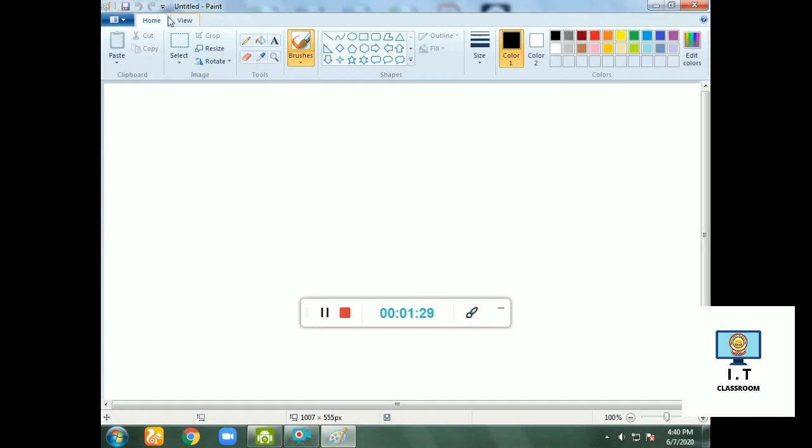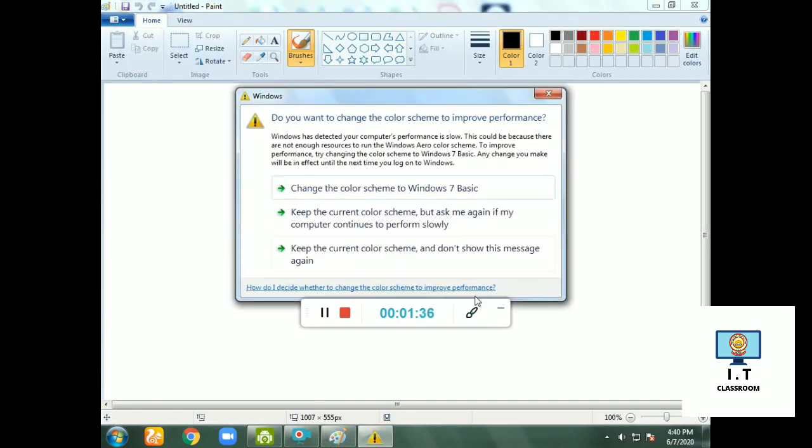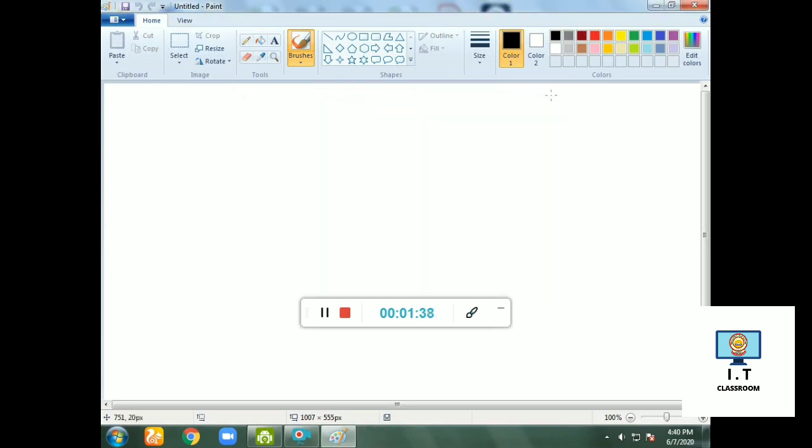Now just see, in this screen the topmost bar is known as the title bar. Here it is showing untitled because so far we have not created any file. Once you save your file, this untitled option will not come on your screen. So now we will start making our poster.